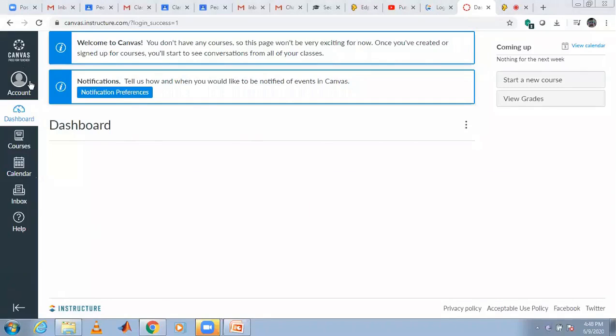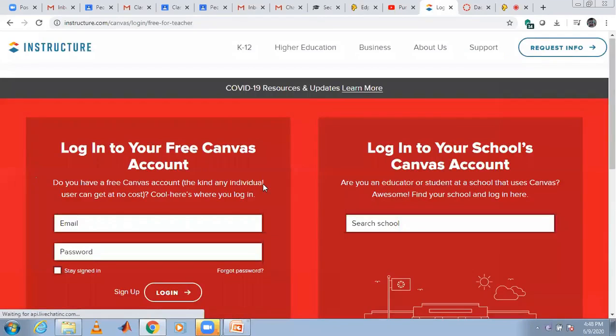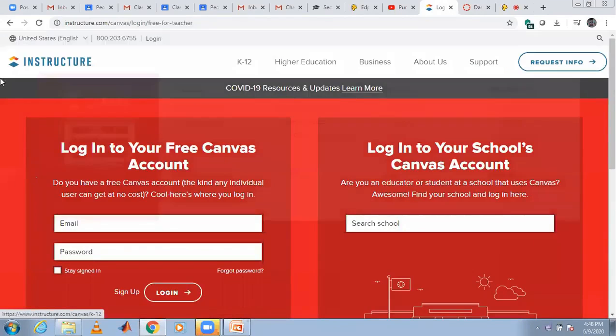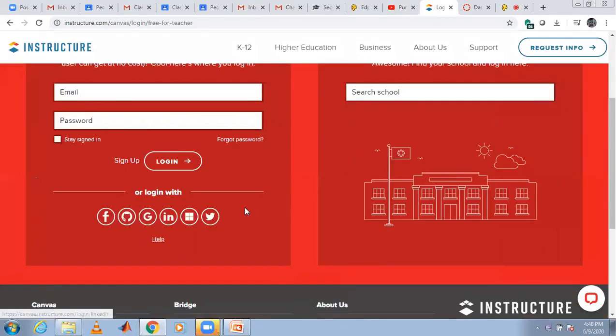Okay. Here, I'll show you the account. Sign up is simple in Canvas. You just sign up using your Gmail. This is the Canvas. You can create your own by clicking on sign up, or you can use Facebook, Gmail, whatever.